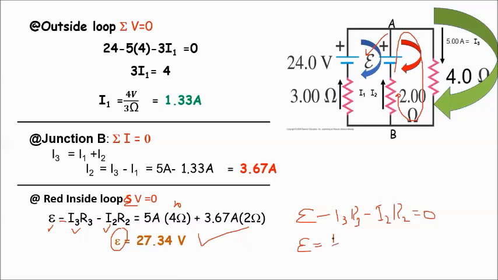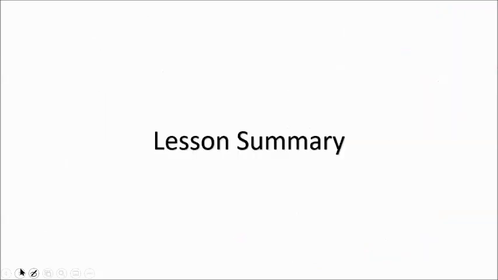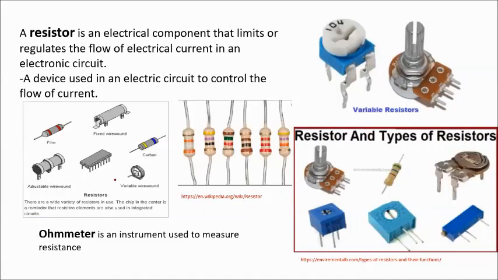Simply, I3 moves to the other side, its sign changes, times R3, plus I2 times R2. So that is how we come up with the value of epsilon. Okay, so hoping you followed the solution. For the lesson summary, a resistor is an electrical component that limits or regulates the flow